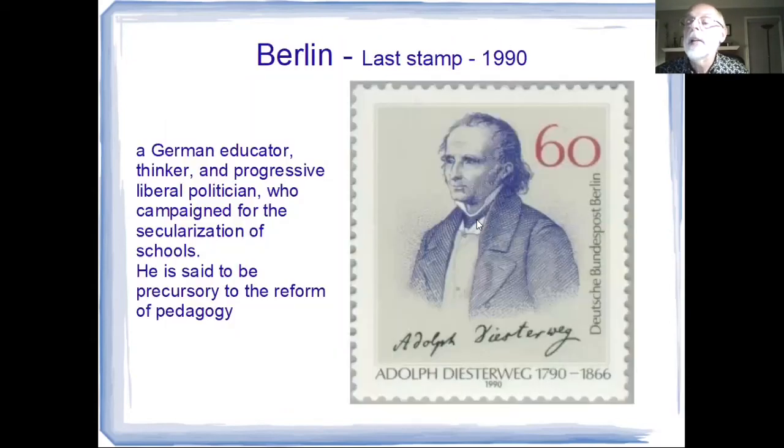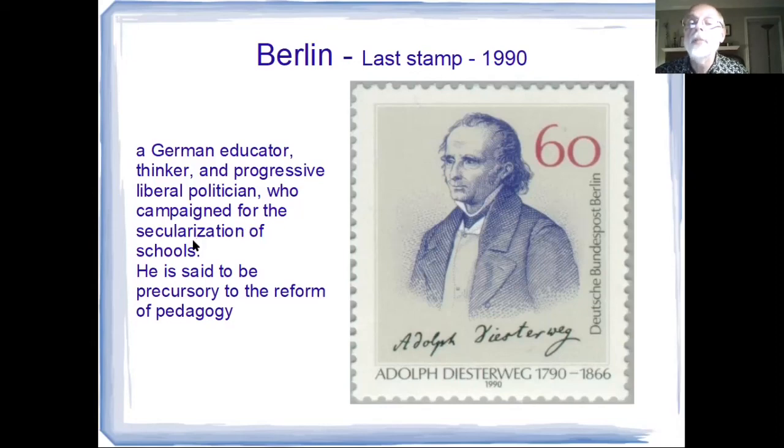Now, the last one was issued in 1990 for a German educator, Adolf Diesterweg. And in a way, it's appropriate that it would end with somebody who is representing the liberal part of Prussia, because he